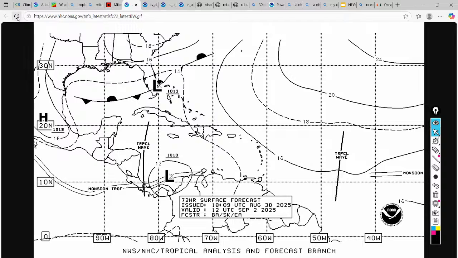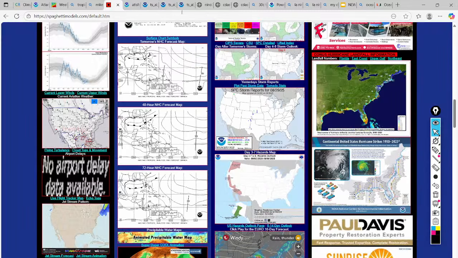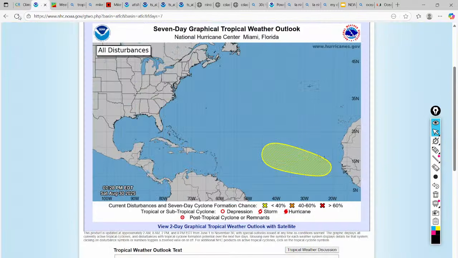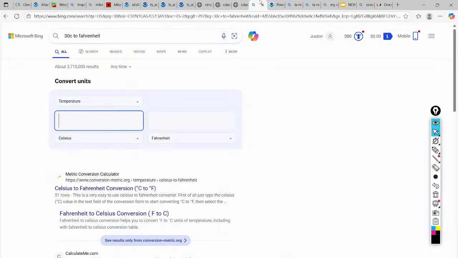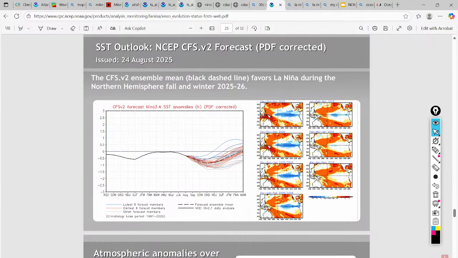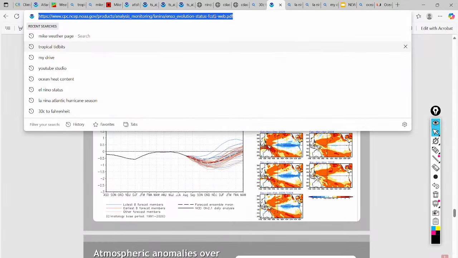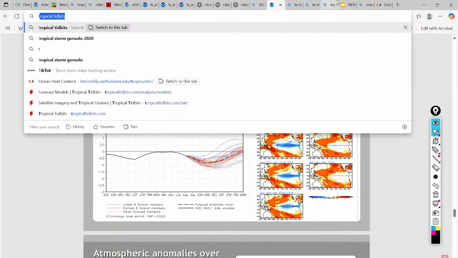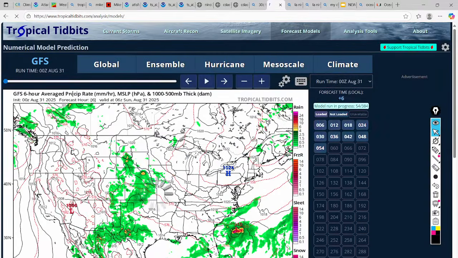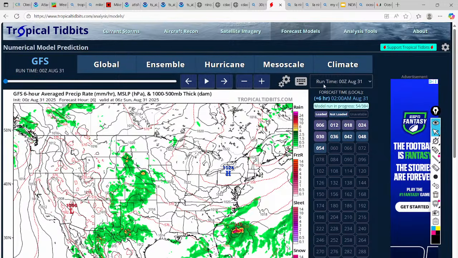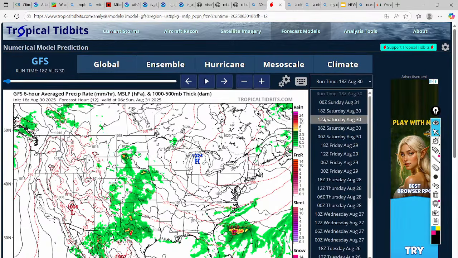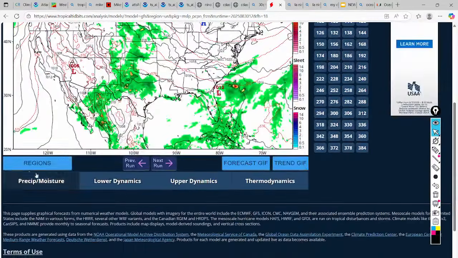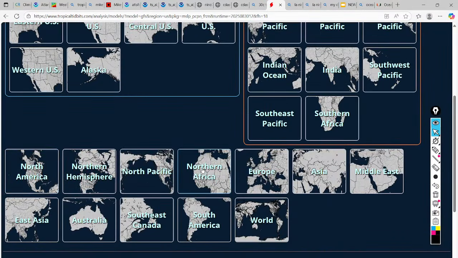Very interesting. Alright. They don't update this until 2 o'clock at midnight. The shear in the Caribbean is good. I want to take a look at... let's take a look at 12Z. We're going to just take a look at the general look of the fresh